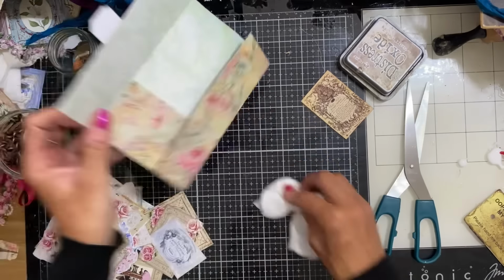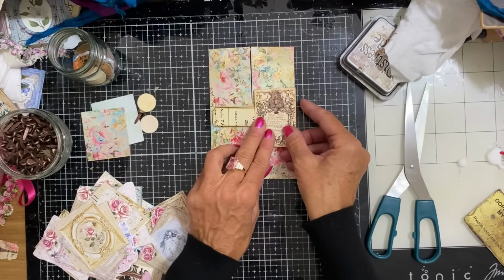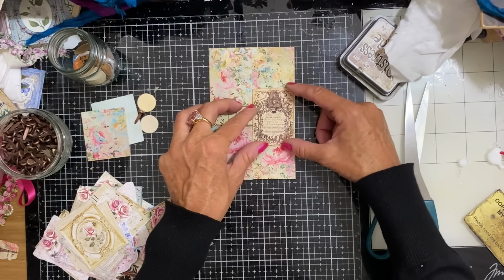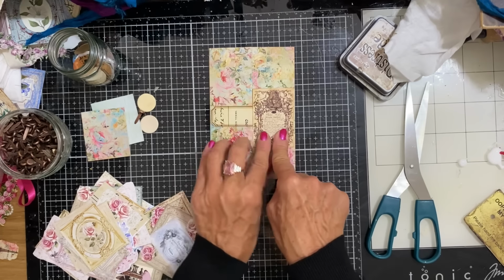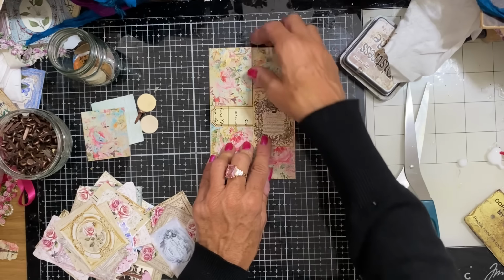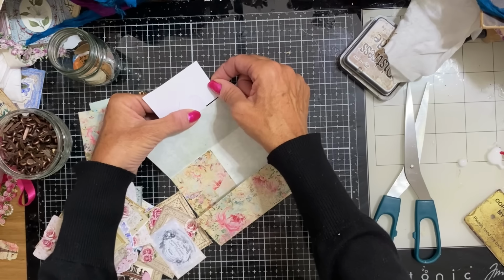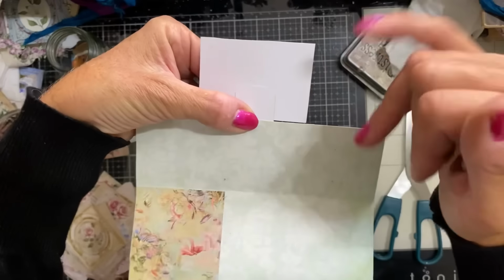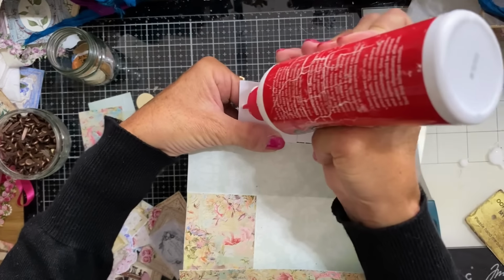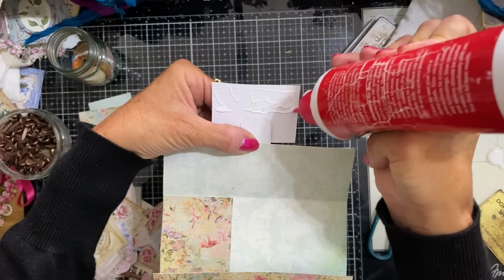Okay, like that. Then what you want to do for your piece that this is going to tuck into, in order to ensure that you don't glue too far, if you see what I mean, have it like this, tucked, then open this, holding your label kind of like in place. So hopefully you can see that. I've got my label there and what's going to be my closure. And that way I know my glue needs to go that far